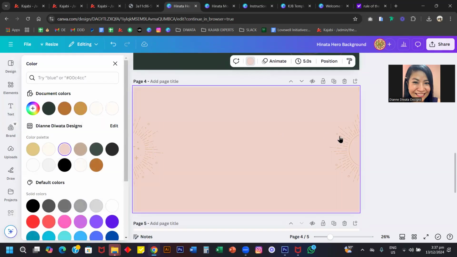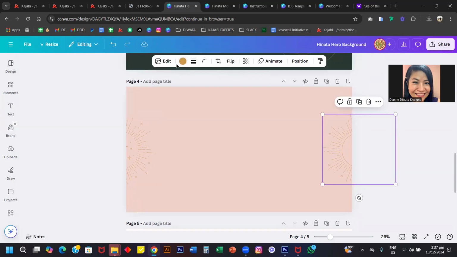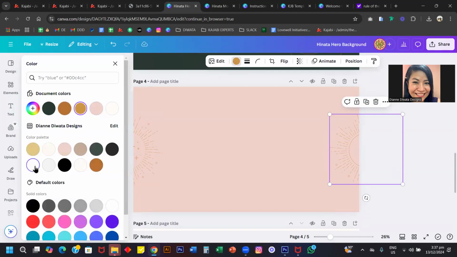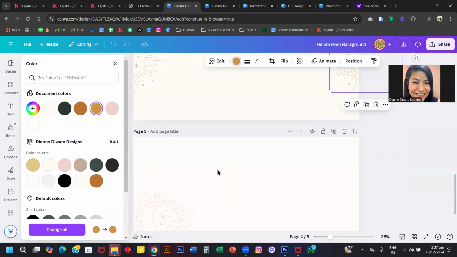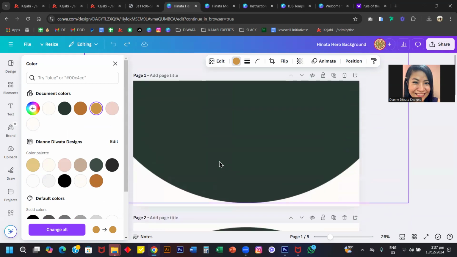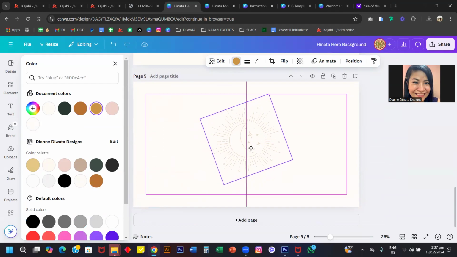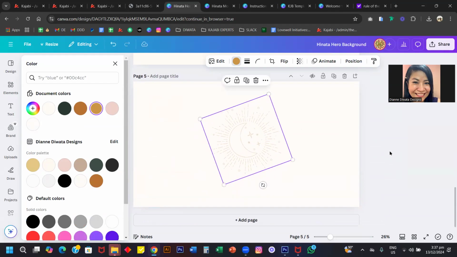So not that one, the pink one. And then this little icon here, you can change that to something else. Say you want to change it to white, you may do so. This one is over here as well. And if this one does not fit your brand, you can find another icon that you can place here, and then you can just play around with the position and the size. You can even have center style, and then once you